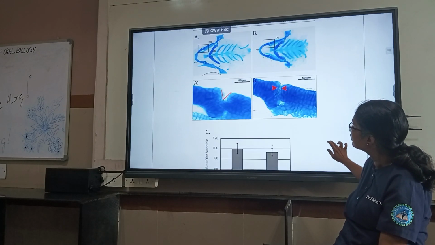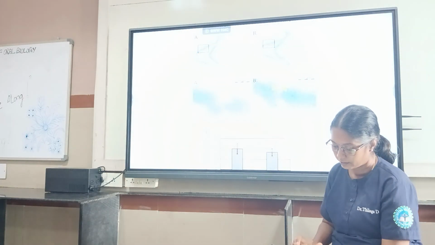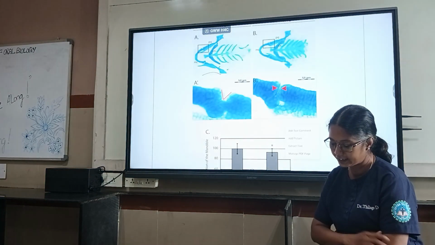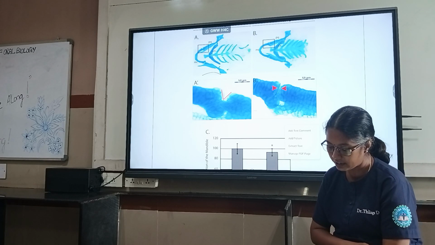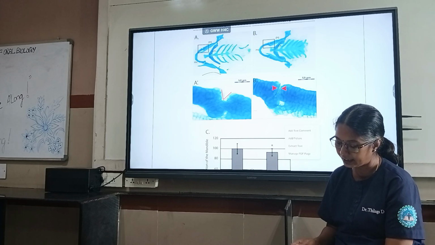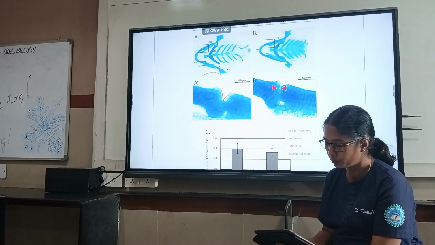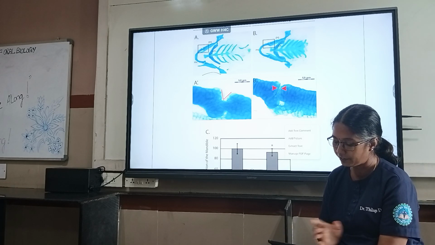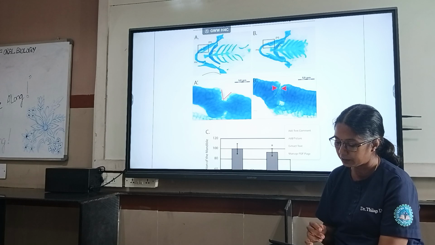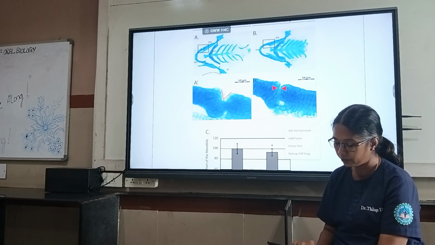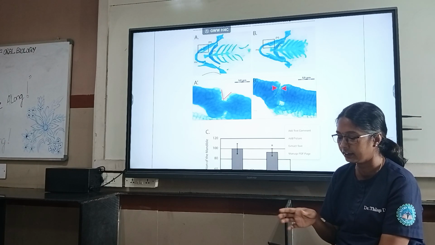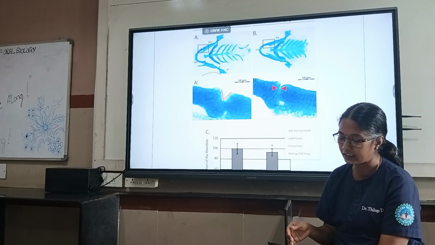These were the results. The morpholino induced knockdown of HSPG2 is associated with craniofacial phenotypes. The immunohistochemistry staining revealed a positive expression of perlecan in these regions from embryos of 2 to 3 hours post-fertilization to 5 days post-fertilization. Injection of HSPG2 translation blocking morpholino caused a 7% truncation in the zebrafish mandible when compared to the random control. So initially they did not show any changes, but once the days passed, they showed the truncation in the Meckel's cartilage.